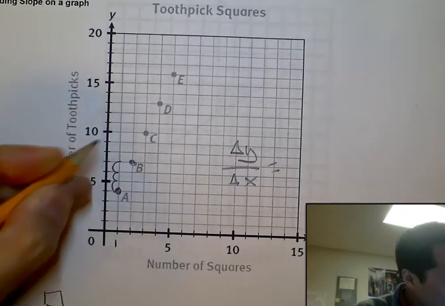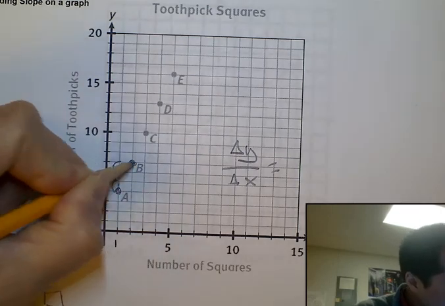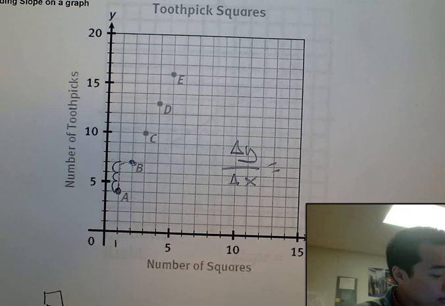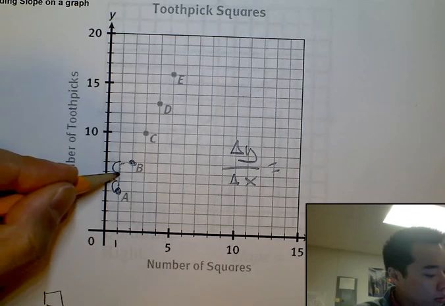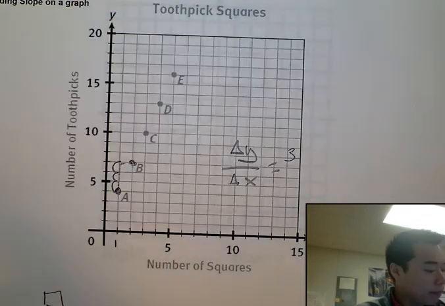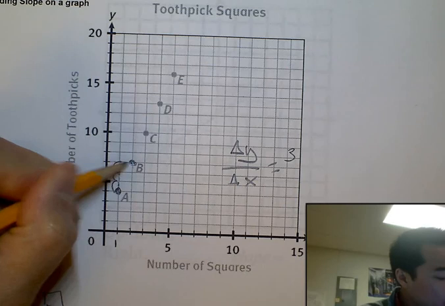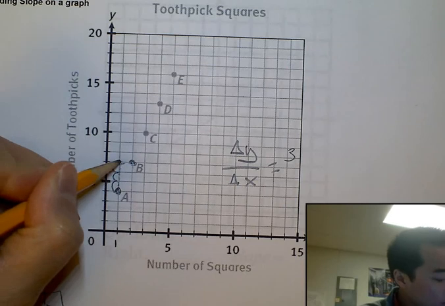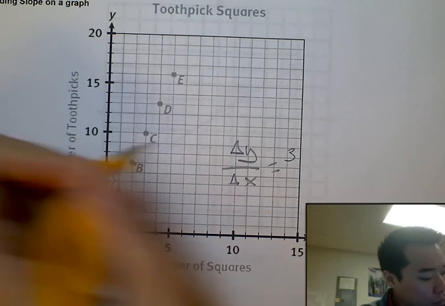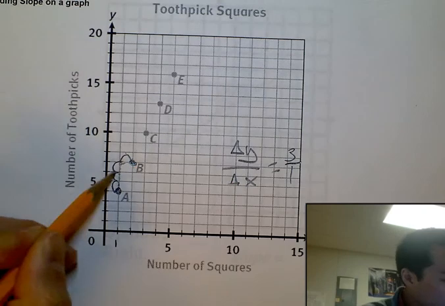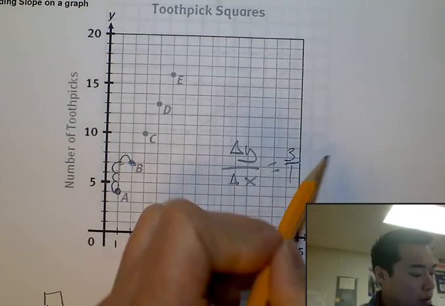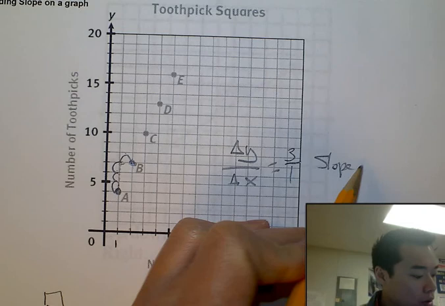Draw my little triangle so you guys can see it. Okay, so that's 1, 2, 3. That's a change of 3. And then the change over here in my x, going over once, is 1. Okay, so my slope here is 3 over 1,